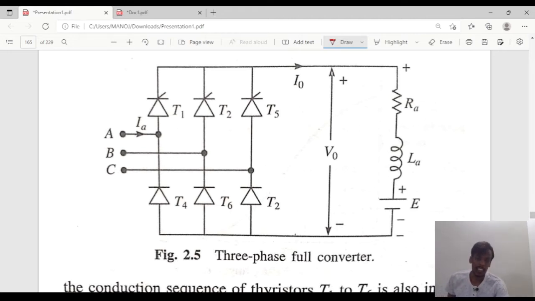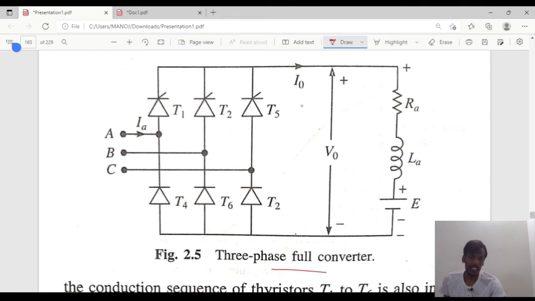In this class we will discuss the three-phase full converter fed with a separately excited motor. In the three-phase full converter, T1, T3, T5 are the upper group, and T4, T6, T2 are the negative group of lower elements, which are connected to the three phases A, B, C and to the load, having an armature resistance RA